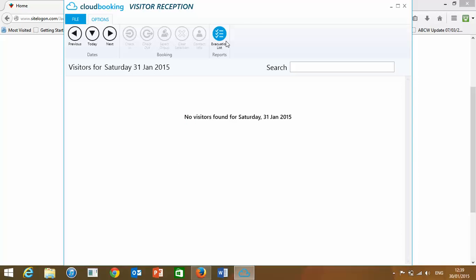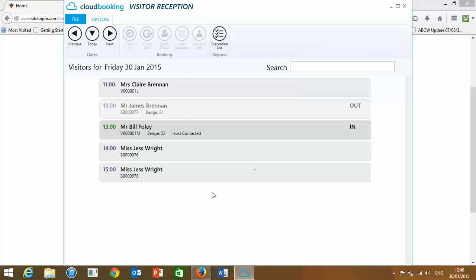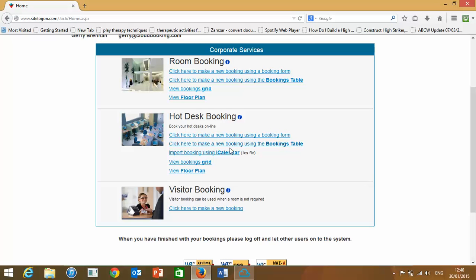So this actually is a product that can be operated by reception without any intervention from users whatsoever. It can actually be a completely standalone system. But what it does have is the added advantage of being linked directly into the room booking process. So I hope that explains it all. If you've got any questions, then just come back to me and